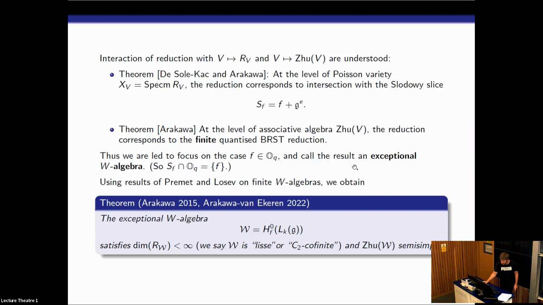This has been recently claimed by Robert McRae, that if you have C2-cofiniteness and a semi-simple Zhu algebra and a number of other more minor conditions, then in fact these imply rationality. So we proved this theorem before that sledgehammer result existed. So we prove rationality independently in some particular cases, not quite in general. But according to that theorem, rationality also follows for all of these.